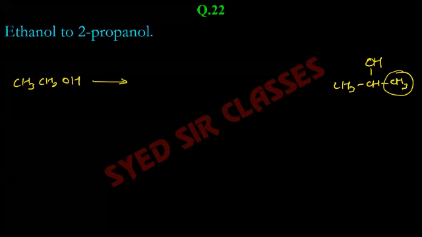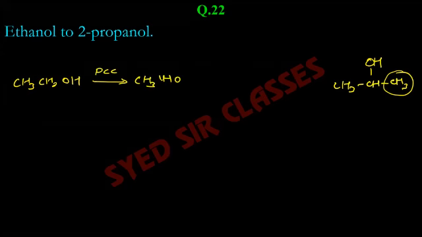Okay, so you can use any oxidation method, but PCC is one of those. You can convert it to CH3CHO. Once you have CH3CHO, after that you can use Grignard reagent depending on how many carbons you need. You need one more carbon, so obviously you will use CH3MgBr. You need one more methyl group. Okay. From here you will get